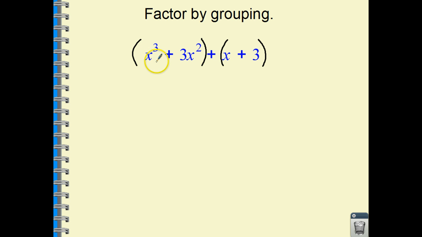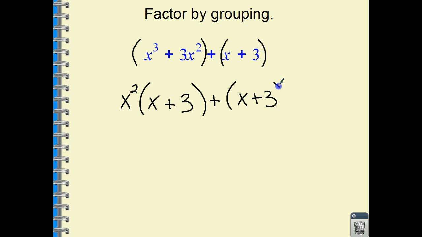Well, I've got a maximum amount of 2 x's, so I could take out x squared, and I'd be left on the inside with x squared times x gets me x to the third, plus 3, because 3 times x squared is 3x squared. All right, then on the other side, can we take anything out of the x and the 3 that's common? So that would be no. So I have plus